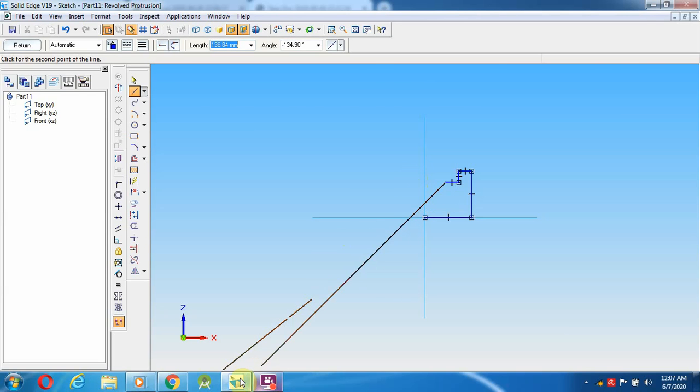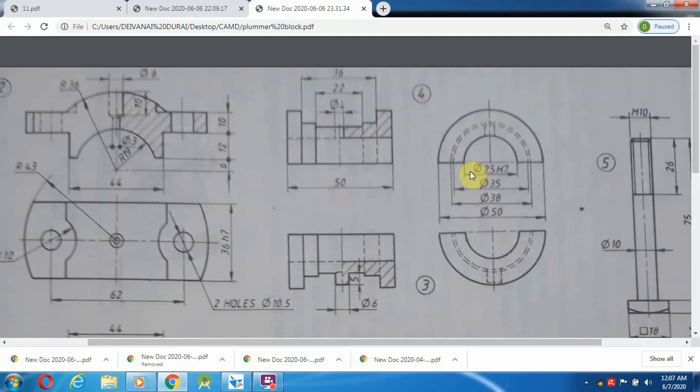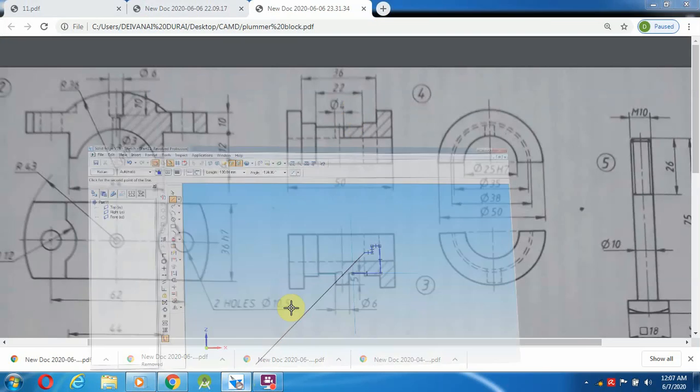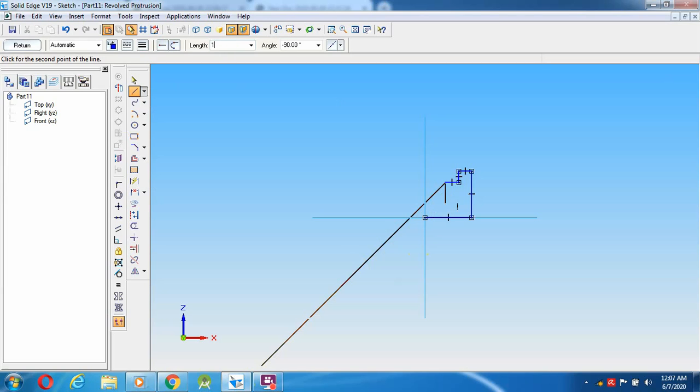And down. The next is 38 minus 35, 3, so 1.5 mm. 1.5, enter. Then 22 mm distance, enter again. 1.5. So 7, not 7, 6 mm.